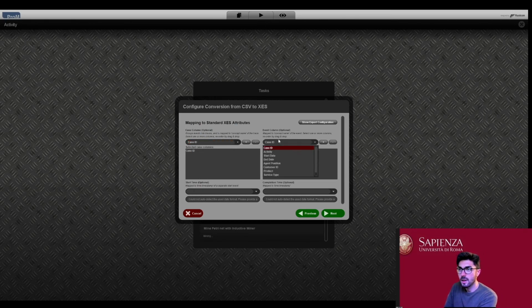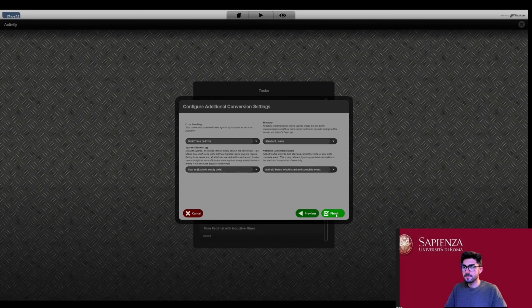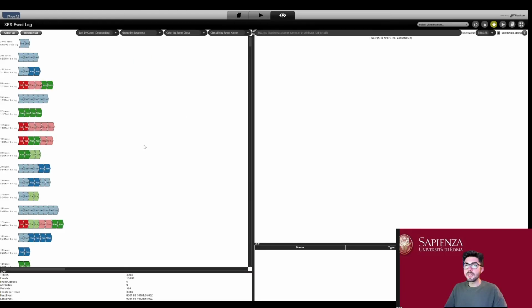So I need to tell the software which is the case ID column, which is the activity, and which are start date and end date, so the timestamp. And it will produce as output the XES event log, which can be already analyzed.